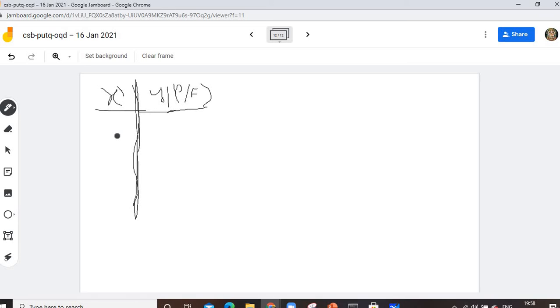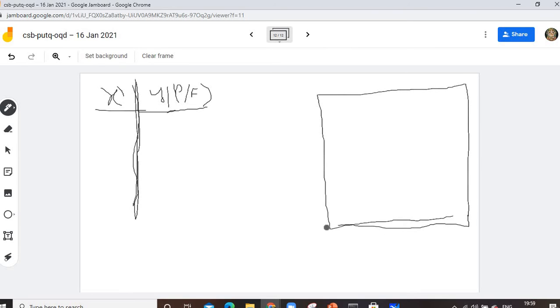For that, I have already told you that I have a sigmoid function. I'm just drawing this for your better understanding. Here this is my y axis and this is my x axis. When my y is equal to 1, the point is here, and this point is y is equal to 0. All the points, my probability will fall between 0 and 1, as this is a sigmoid function. Okay, we understood till this one.